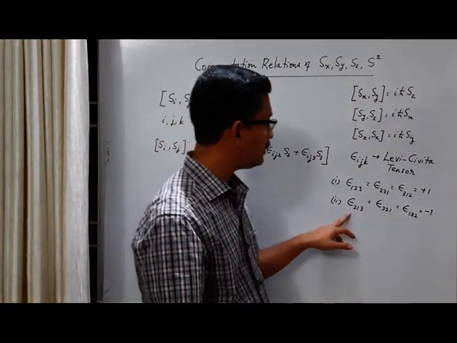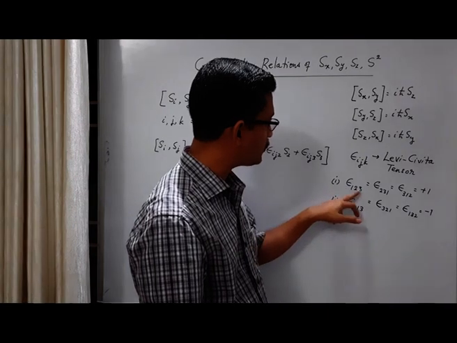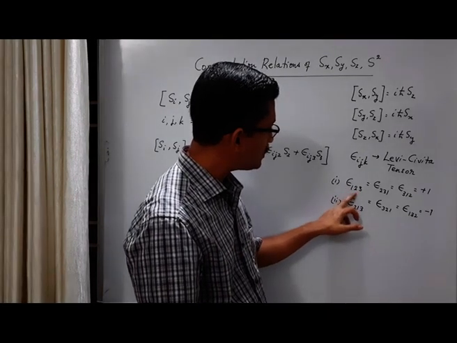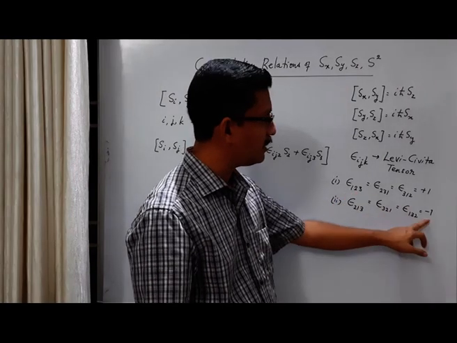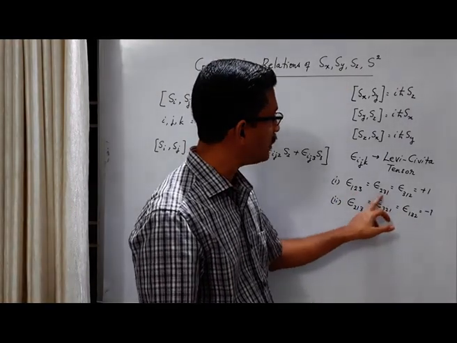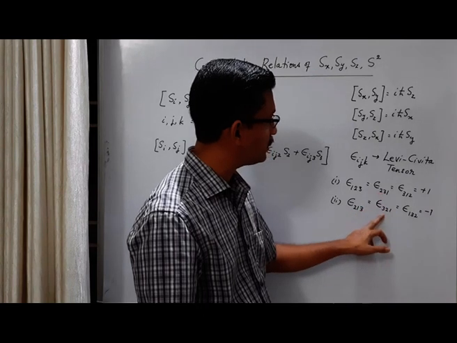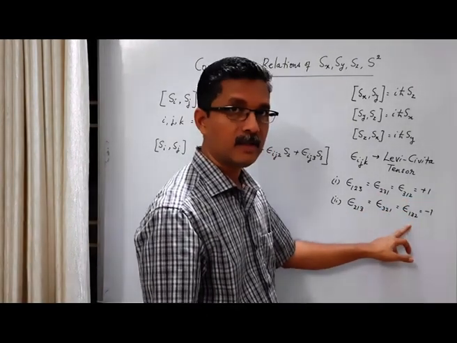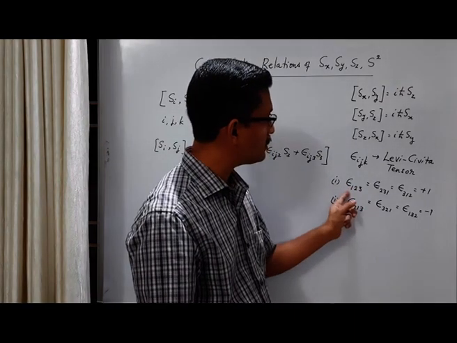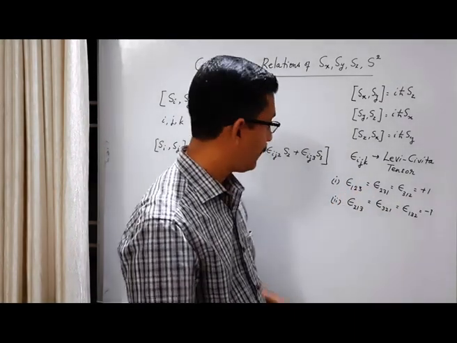Okay, you can notice that there is a relationship between the two. For example, epsilon 1, 2, 3. If you interchange the first two indices, you get this. So interchanging any two indices results in a minus sign. Here also 2, 3, 1, you interchange the first two indices, you get this. 3, 1, 2, interchange the first two indices, you get this. Okay, so in this, interchanging any two indices, you will get a minus sign.